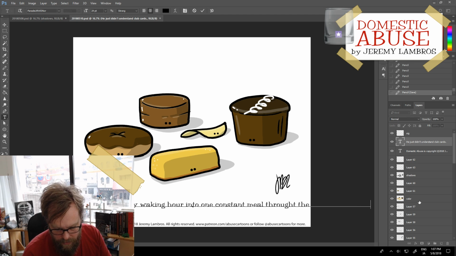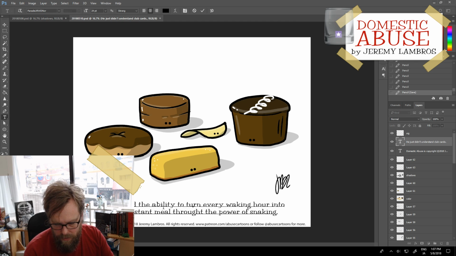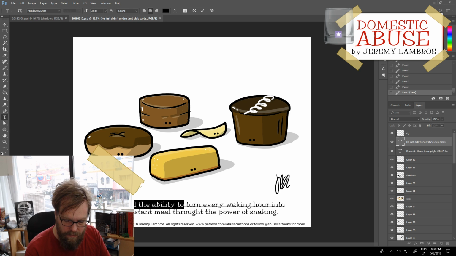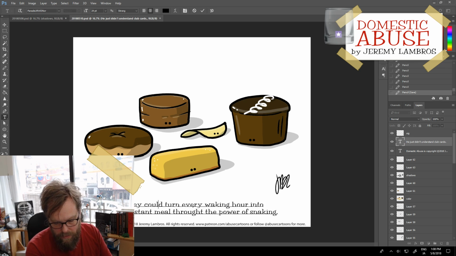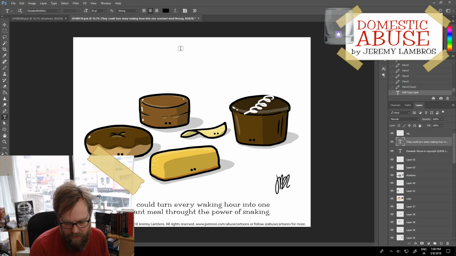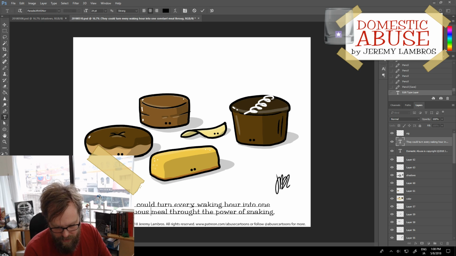Okay. And I think I want to shorten this even more, and just say they could. So between-meal snacks, making everything a meal. Okay, they could turn every waking hour into one constant, one continuous... There we go. Into one continuous meal through